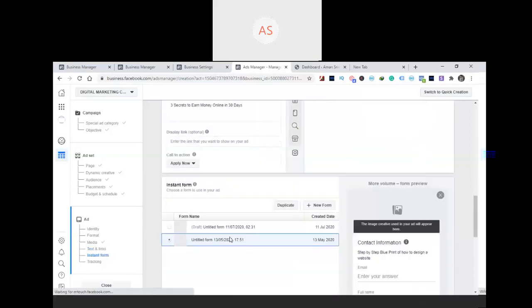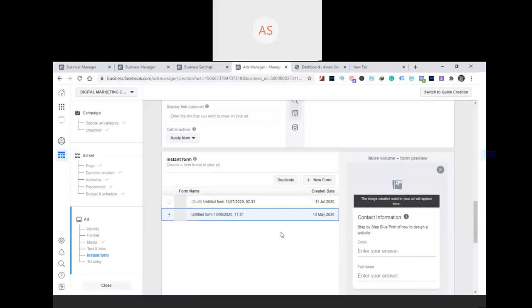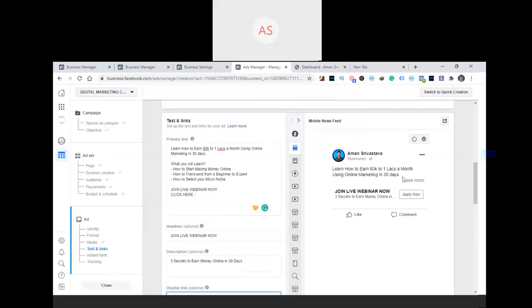And if I don't want to share any landing page, there's a new feature. Facebook just added this feature. It has added instant form. You can just collect the information right away on Facebook. So it's a very good feature. You can go ahead and explore that feature as well. But I'm not going to do that because I want to track my leads. So I'll just put the link of the landing page here, and the ad is already ready. And then just click on refresh preview, and let's see how our ad looks.